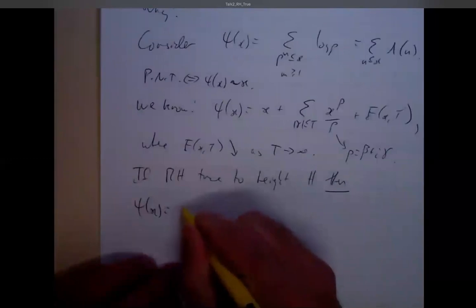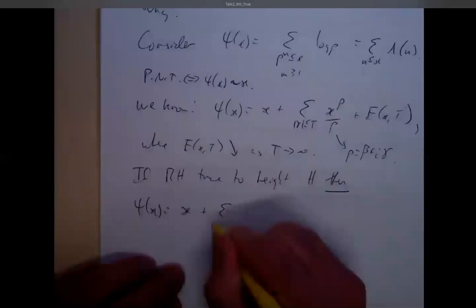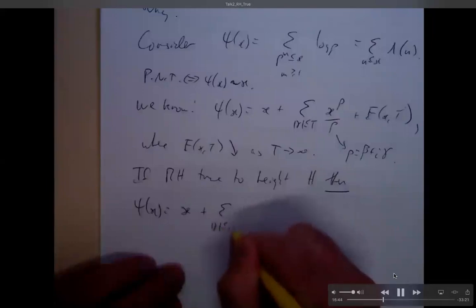So if the Riemann hypothesis is true to height h, I should just say, I'm a very casual guy. I haven't actually told you what it means to be true up to height h. What I mean by that is that every rho equals beta plus i gamma, all the gammas up to h. So for all those zeros that lie between the real axis and the height h, all of those have real part a half. So every zero in there is where it should be, namely on the critical line. So Riemann hypothesis true up to 50 means all the zeros with the imaginary part up to 50 lie on the critical line. So Riemann hypothesis true up to height h, then what?